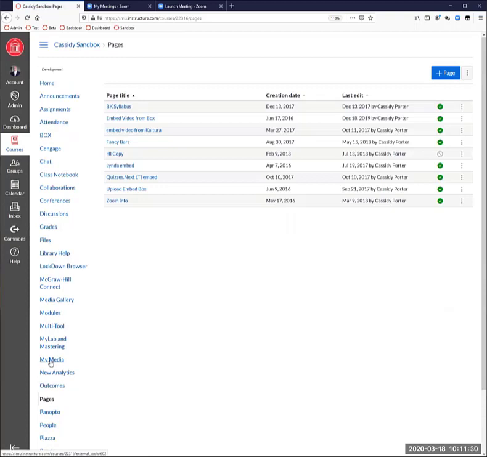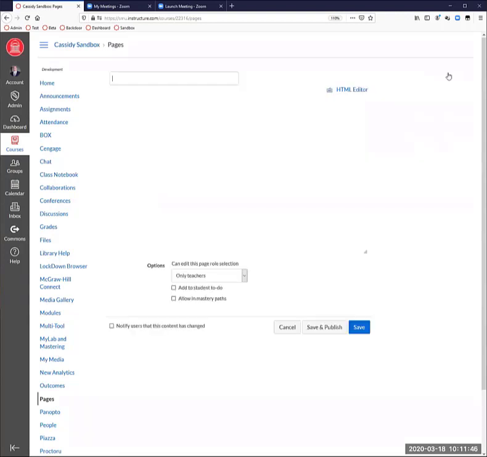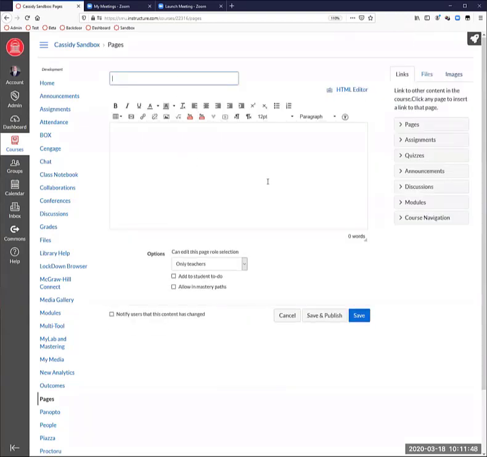Pages, you can kind of think of them as web pages or content pages. You could create a page and put information in it, pictures in it, videos in it, links to the other assignments that they need to do, that kind of thing. So to create a page, like everything else, you got the big blue button in the upper right-hand corner. Title, directions, who can see this, who can edit it,